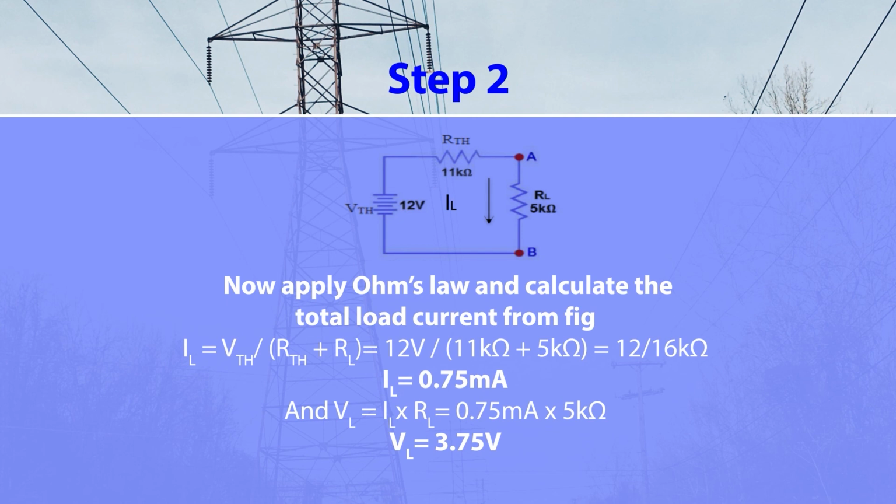Now suppose it is asked that you have to find out how much heat is developed across the load resistance. So how can you calculate the heat developed across the load resistance? Heat can be calculated as IL square into RL. You have a value of IL, you have a value of RL, just multiply these quantities, so you can easily calculate the heat developed across the load resistance RL.